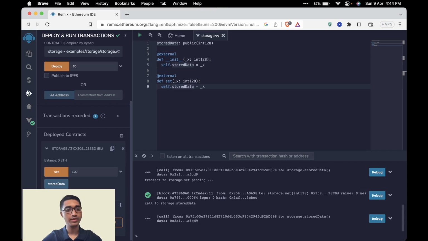the value. This means that the contract has been successfully deployed onto the XDC network, and you can perform all kinds of things you want, like all kinds of trial and error, all kinds of functions, all kinds of tests to make sure that the functionality is as you expected. Once that is completed, then you can convert this into a final smart contract and push it onto the main chain. So this was just an overview of how Vyper can be used to deploy smart contracts onto the XDC